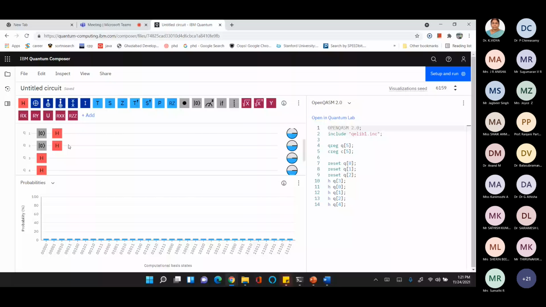So Qiskit is having Python kind of stuff there. In the Python syntax, you can write something and that will be converted into the underlying quantum circuit or the quantum gates. So if I write one statement, like initialize all qubits with 1, it will initialize all the qubits with 1. Here in the circuit, if I do it, I have to do it manually. So basically Python is a high level interface and there are various other features also there in Qiskit where, let's suppose some quantum algorithm has already been implemented, you can reuse it in your program directly. You can call them as a function.